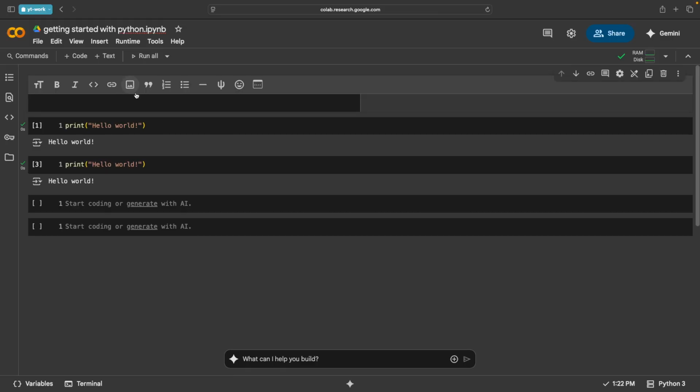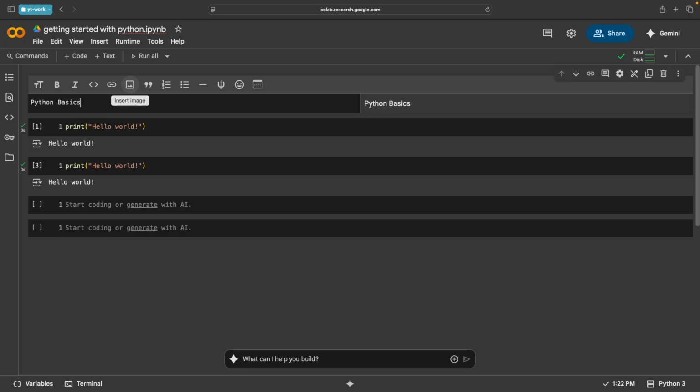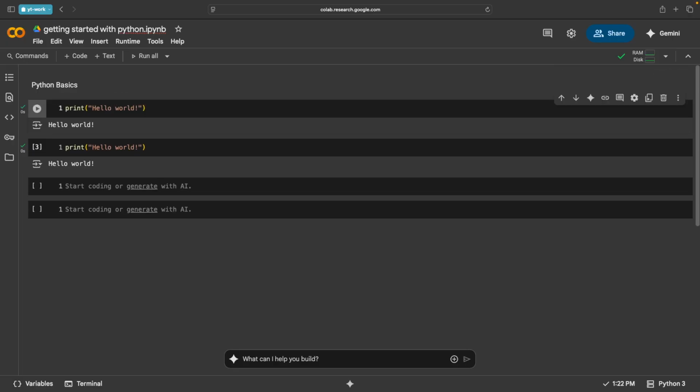So double click here and type something like Python basics, and again you can press shift plus enter, so that's going to add this. So here you can see this text called Python basics over here. You don't need to worry about saving manually. As you can see, it gets saved automatically to your Google Drive. In case you want to share this notebook or your code, it's much easier. You can just go to this share option. Click this, open this, and you can give the person's Gmail address or any email address, so they would be receiving the access for these files, just like your Google Docs or Google Sheets and so on.